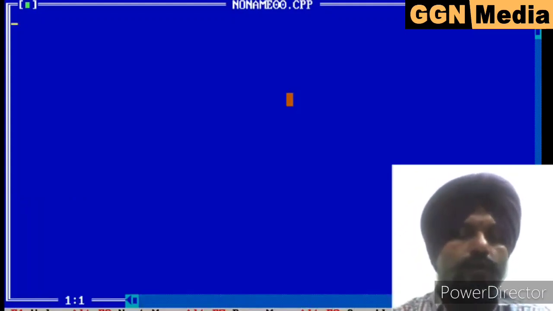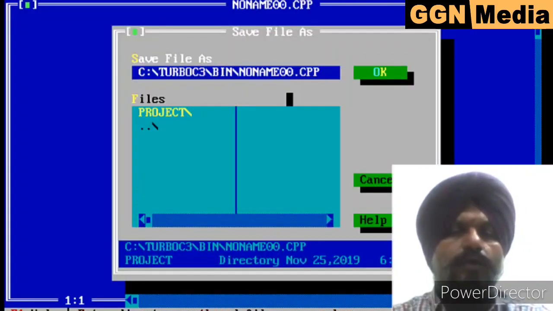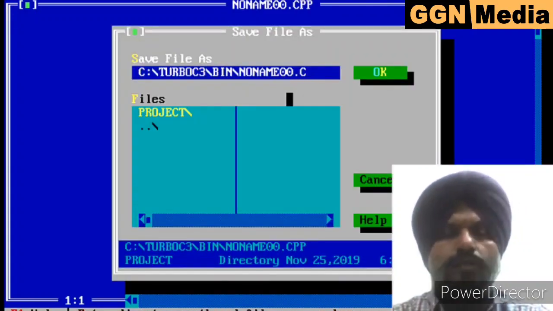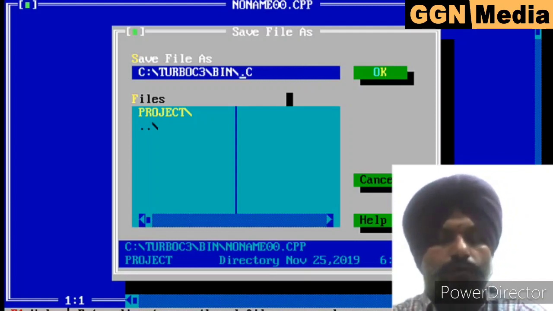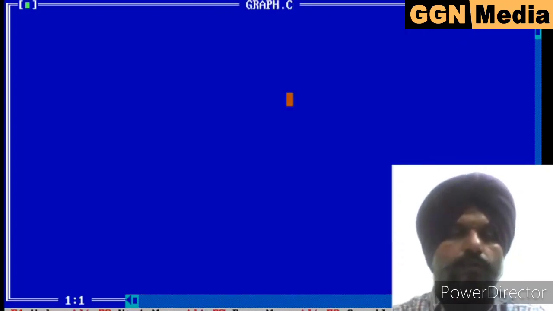In this new file, press F2 to save the file. With extension C, we save it with the name graph, so it is graph.c.